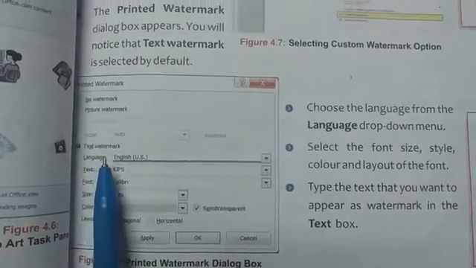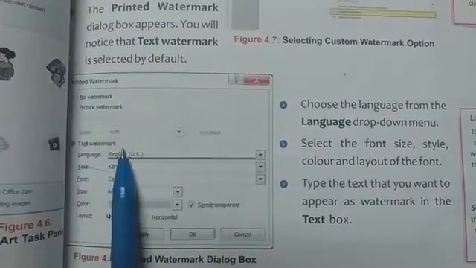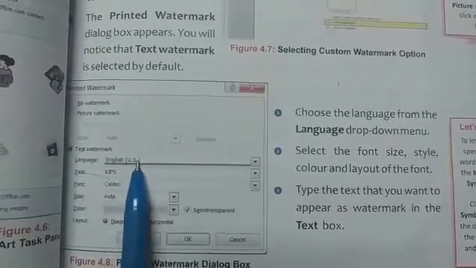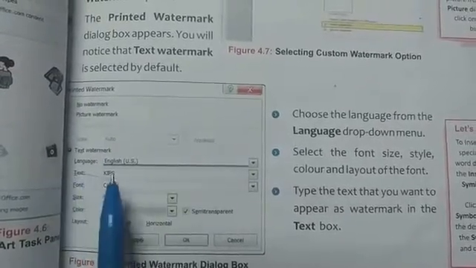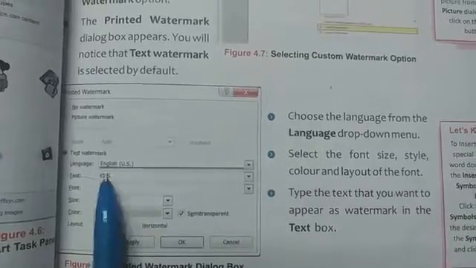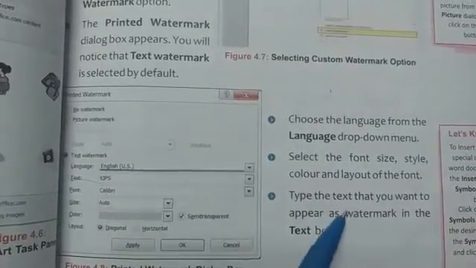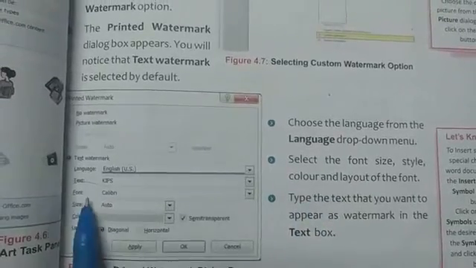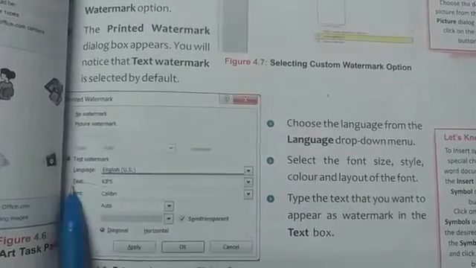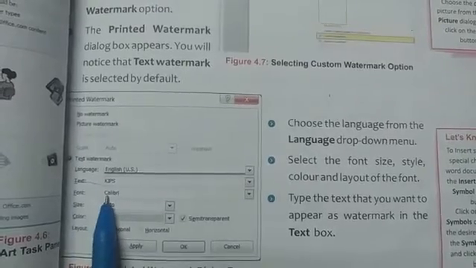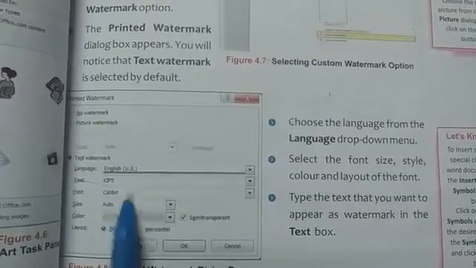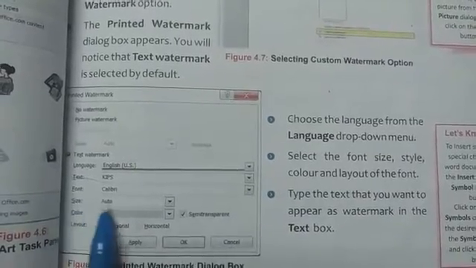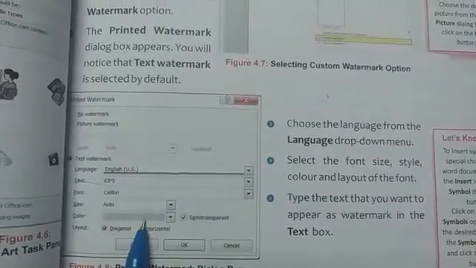Here we can choose the language in which we want to insert the watermark, and then we can write the text, that is, which text we want to place on our document as a watermark. Next, we can choose the text style, that is Calibri we are choosing now. If we want to change it, we can click on this drop-down arrow, and we can also change the size and color of the watermark.